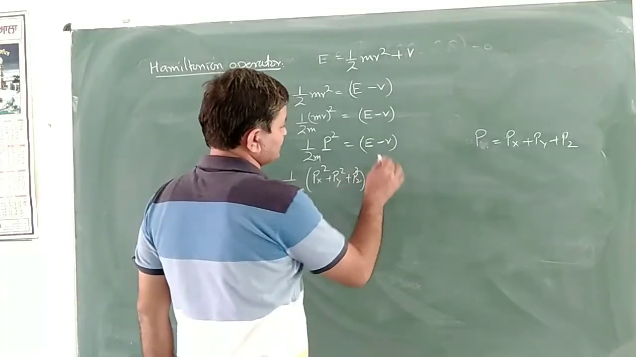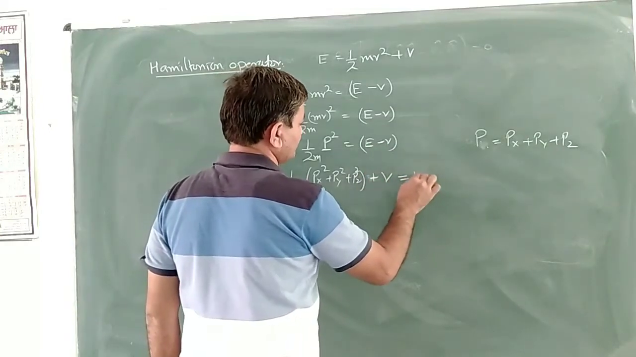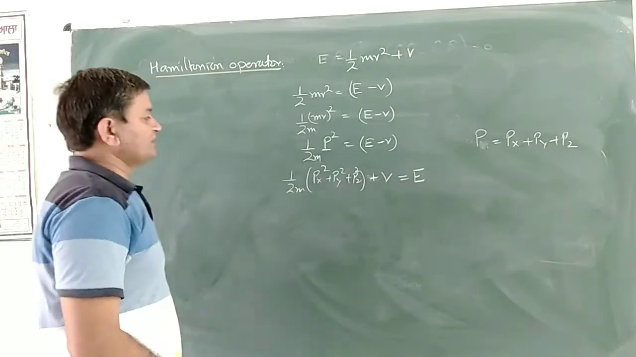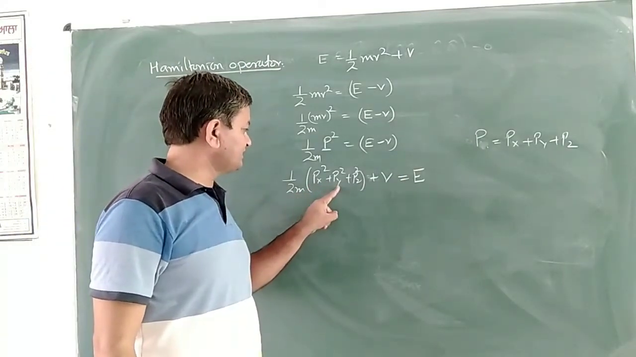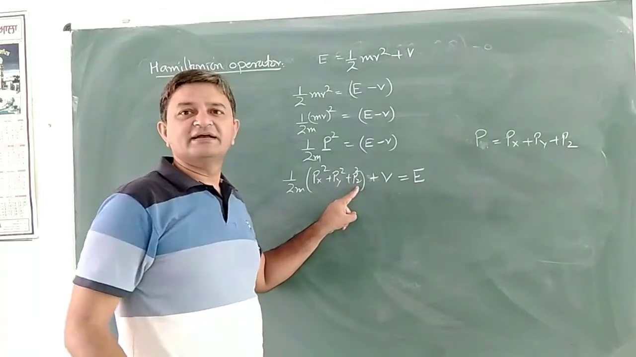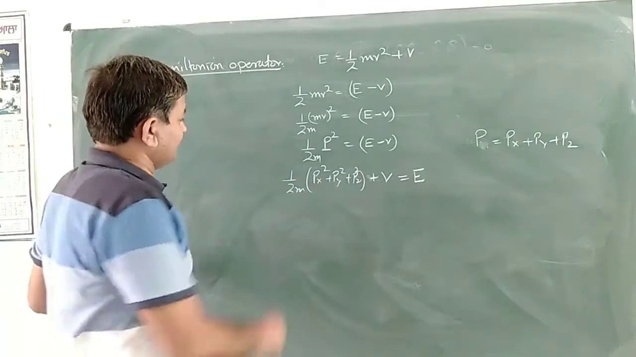और अगर ये पोटेंशियल एनर्जी को इस तरफ ले आए तो दैट इट विल बी द प्लस इक्वल टू E. So we will get this one. This is 1 by 2m, this is the Px square, this Py square, and Pz square. That is the momentum into the three different coordinates. And